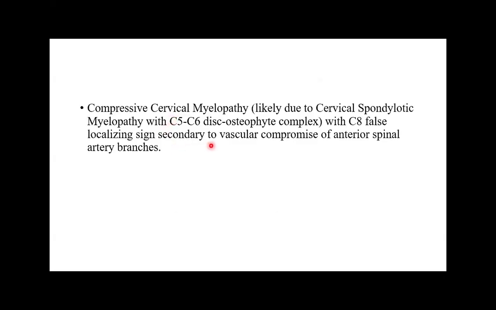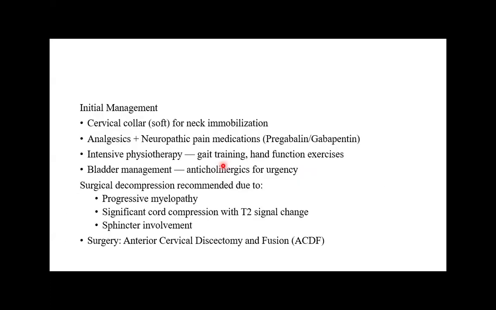And in our case, it is compressive cervical myelopathy due to cervical spondylotic myelopathy at C5, C6 disc osteophyte complex with a C8 false localizing sign secondary to vascular compromise of the anterior spinal artery branch. So here the initial management is a cervical collar for neck immobilization, analgesic and other neuropathic pain medication, intensive physiotherapy for gait training and hand function exercise, bladder management using anticholinergics for urgency, and surgical compression is recommended due to the progressive myelopathy